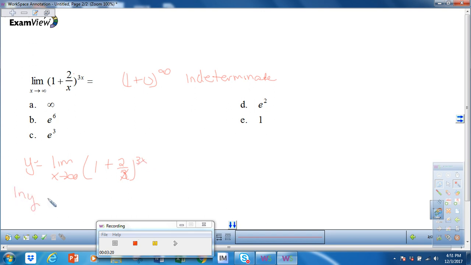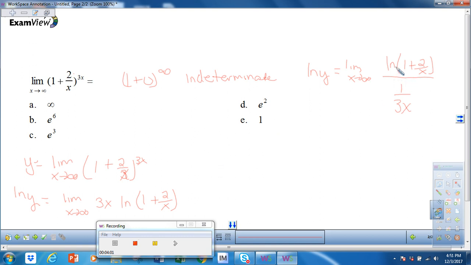Then if we take the natural log of both sides, the 3x drops, and we get the natural log of 1 plus 2 over x. And here's where we had to be a little creative in our solving skills. So now we have the natural log of y is equal to the limit as x approaches infinity of the natural log of 1 plus 2 over x over 1 over 3x. Because remember, I said earlier